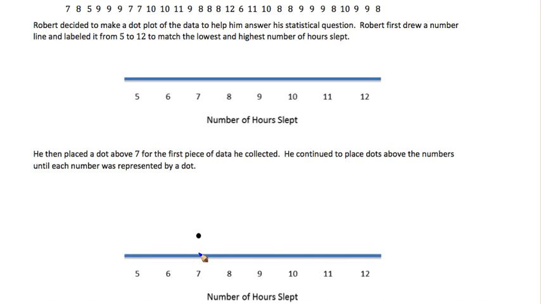So Robert started with 7. Then we have one for 8 and 5 and 9, another 9, another 9, a 7. I'm going to add it here for our sake. Another 7, a 10, another 10, an 11, another 9, 3 8s, a 12,